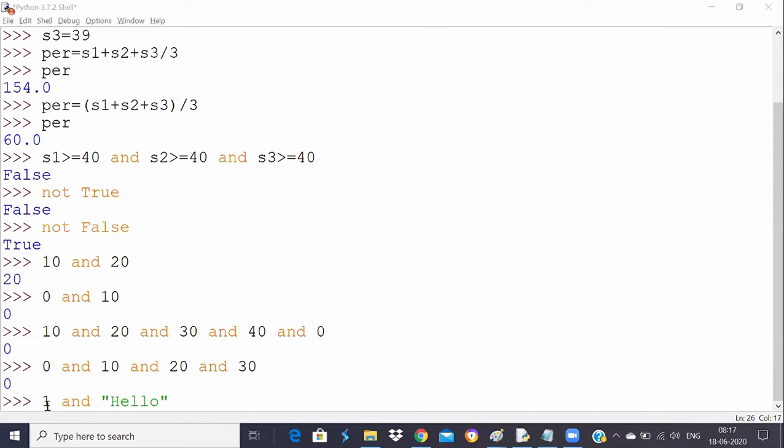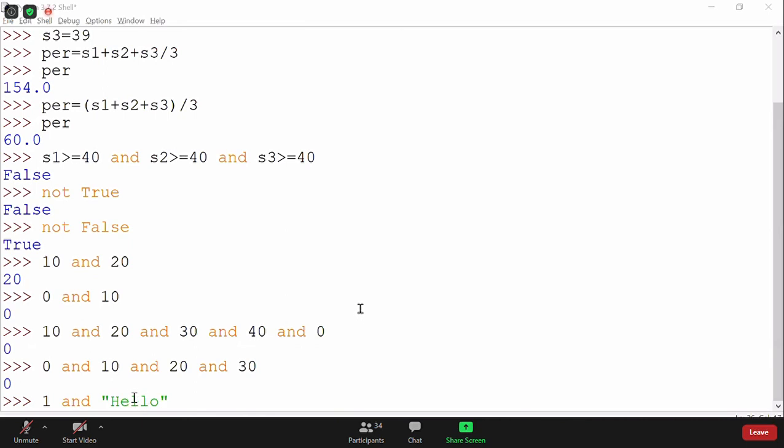And what happens if it is true? Does the second one need to be checked or not? That's what my question actually is. That's what Udit said, it checks the second one.